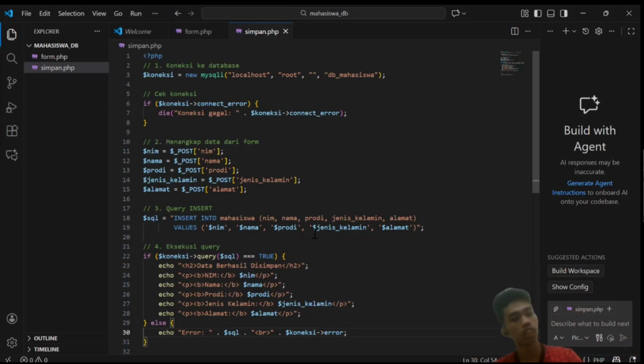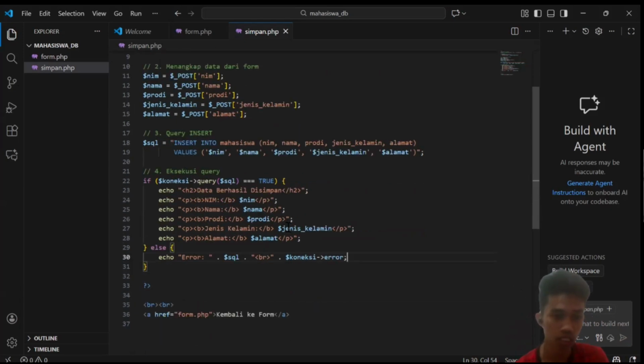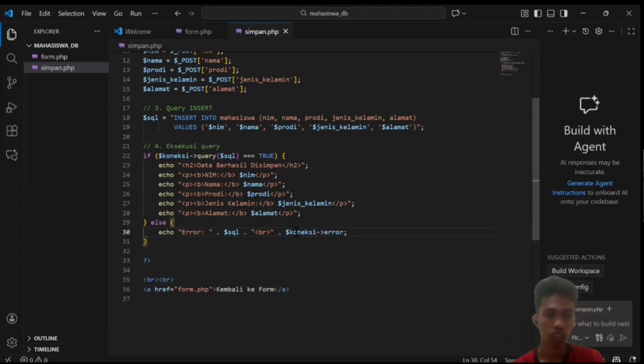It contains the table name and the list of columns to fill, followed by the values obtained from the user input. The query is then executed using the connection. If the query runs successfully, it means the data has been successfully inserted into the database.